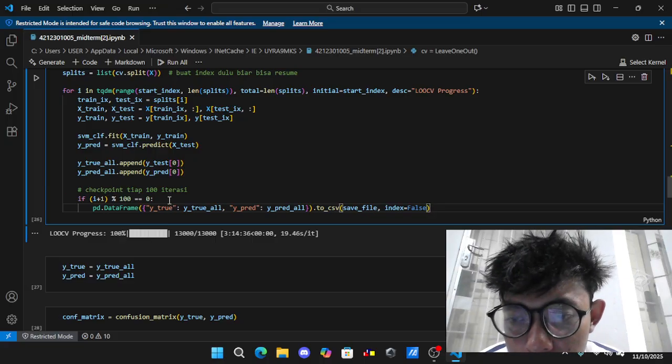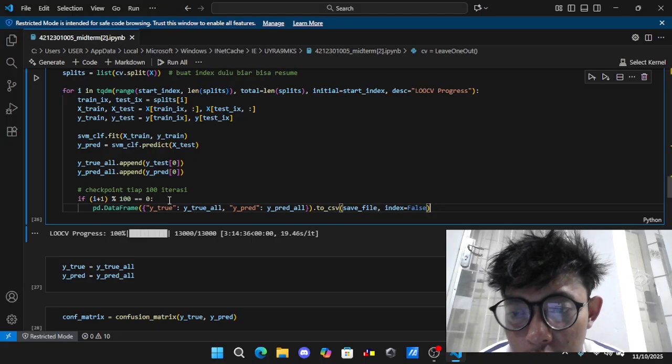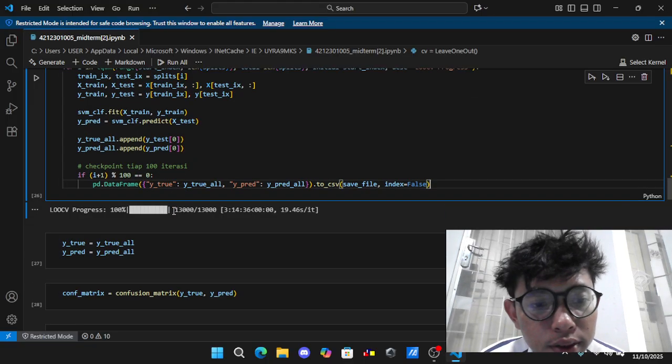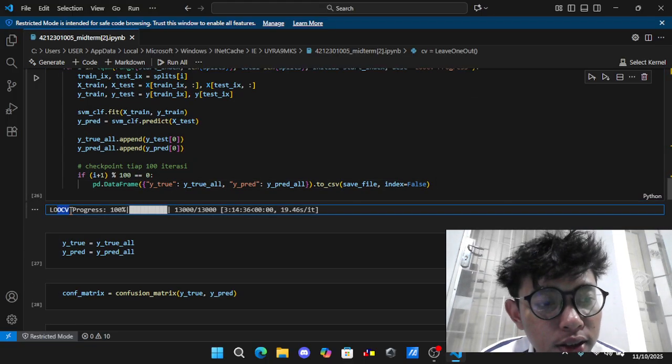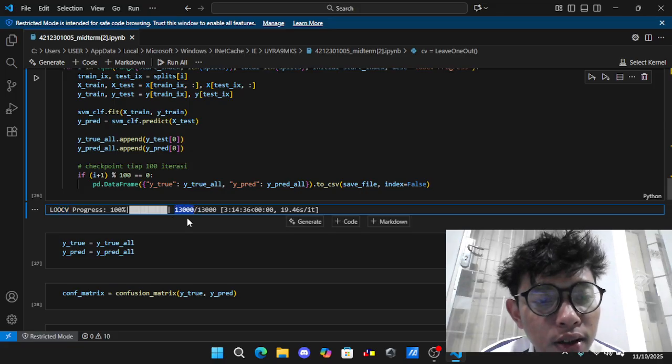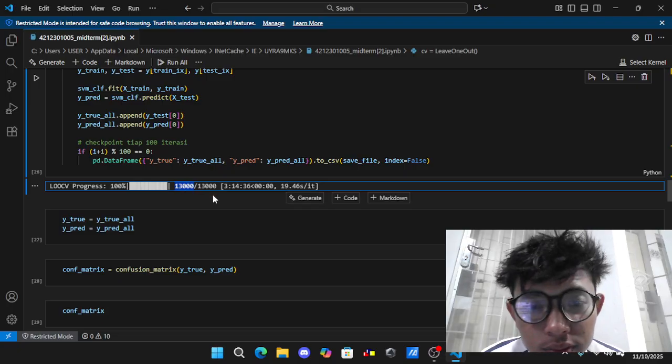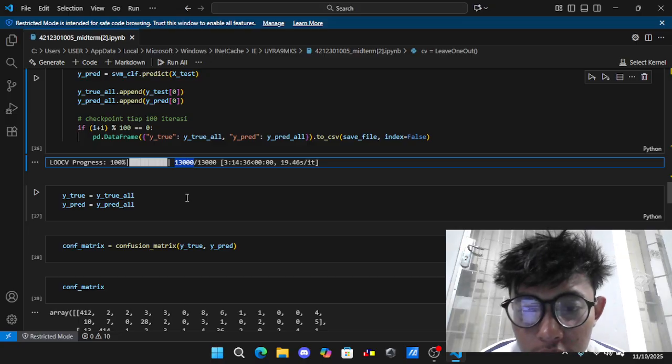Despite the lengthy process, this ensures the safety of the LOOCV evaluation. Okay, this is LOOCV progress 100%. The sample data is 13,000.